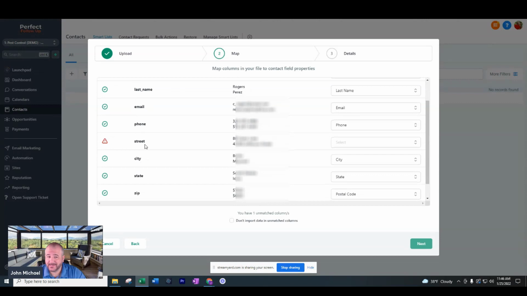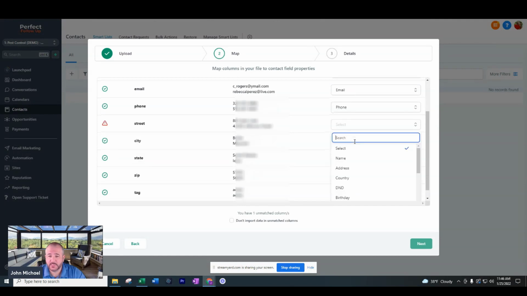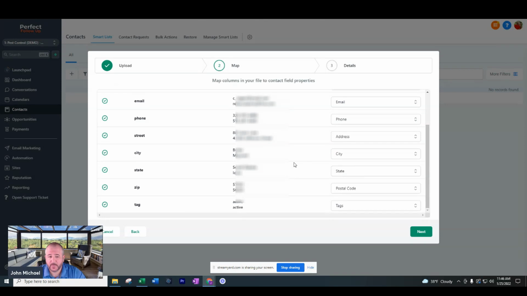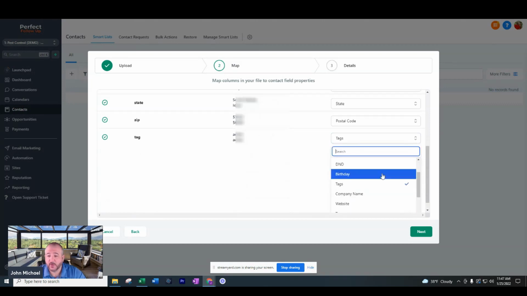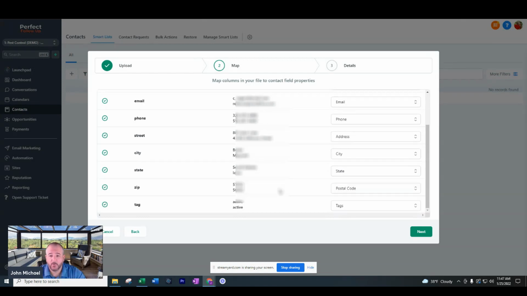Now street is not recognized, right? So let's drop this down and select address, and we're good there. City, state, zip, it's called postal code, but it's still zip code, so we're good there. And the tag column is called tags, so we're clean. And if you want to preview any of these, there's other fields that you can fill in as far as time zones or birthdays, do not contact. So again, there's more information we could import if we wanted to, but just for sample reasons, this is good enough for now. So once you've confirmed that everything looks good, right, take the time to do that, select Next,